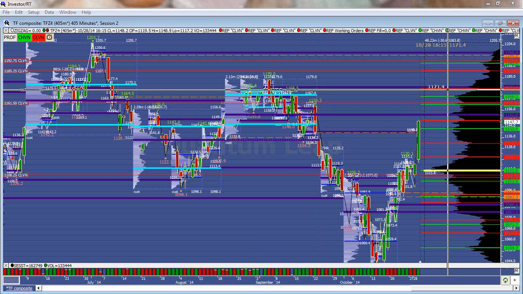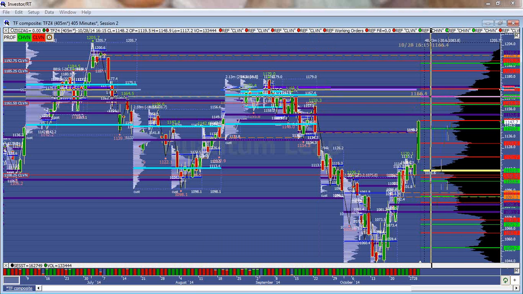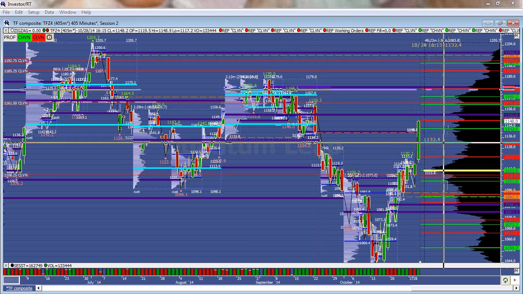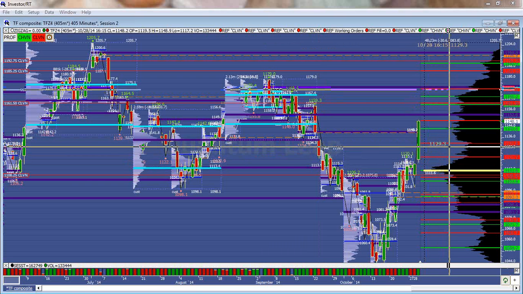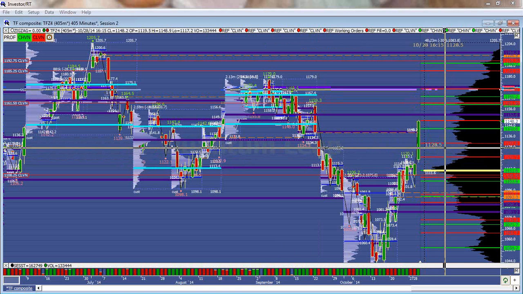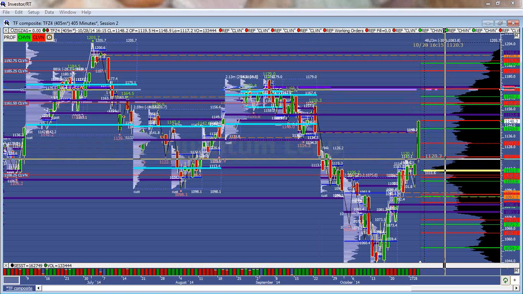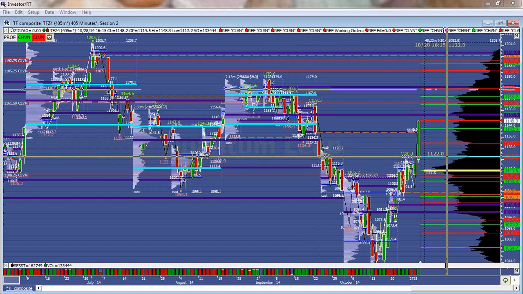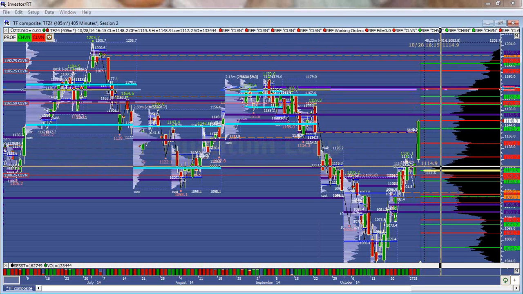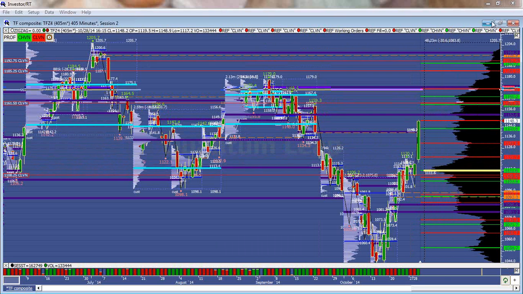Below 46, then I'd be looking for a move back into the 34-35 area, with possible responsive buyers stepping in at this 1130-180. Below 3180, then I'm looking at the 25-26 area. But the key is going to be this 2170 again. Anything below 2170, you might as well sell into this 1160. This is the composite VPOC. So that's what I've got for the Russell.